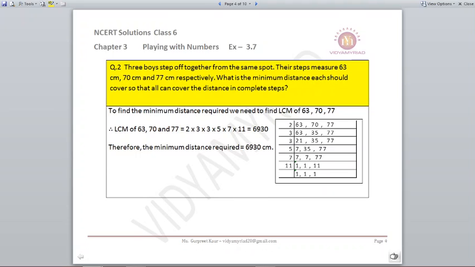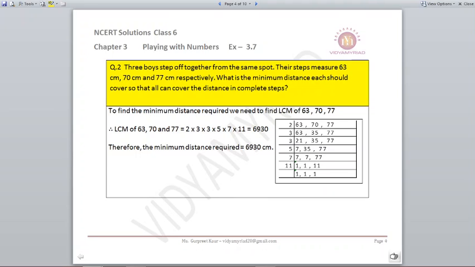Now 21 is also divisible by 3, so we again use 3 as the number. So 21 divided by 3 comes as 7. 35 will remain as 35. 77 will remain as 77. Same way, now you take 5. 7 will remain as 7. 35 is divided by 5, it comes as 7, and 77 remains. And then all the 7s are divisible by 7. It comes 1, 1 and 11. And at last 11, that is 1, 1 and 1.